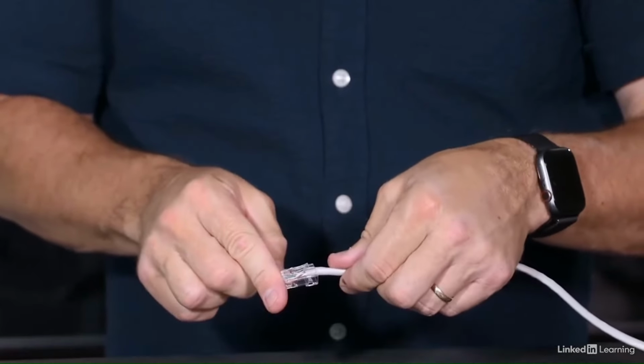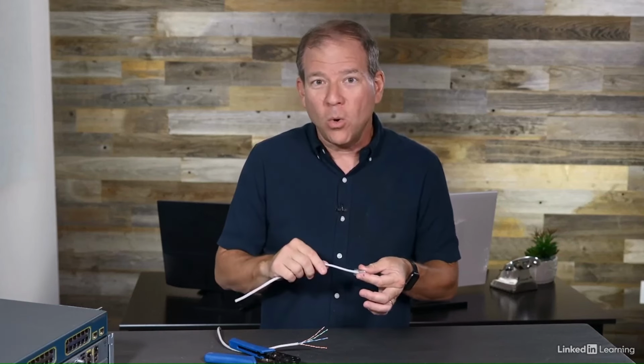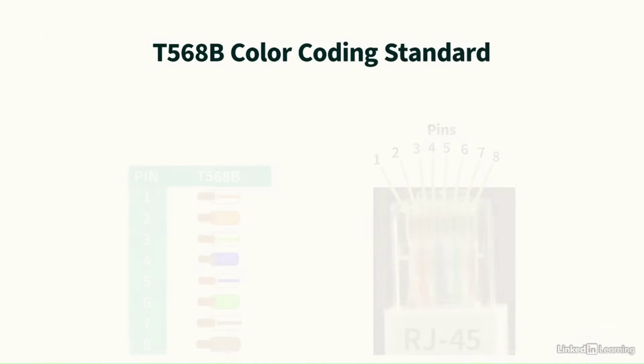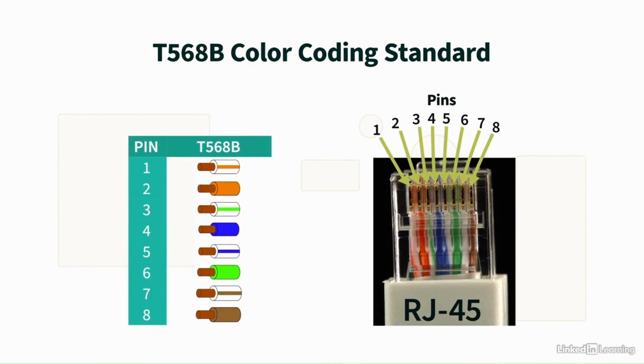And now we have an RJ45 connector that's ready to connect into a switch or a router or a wall outlet. Now, you might be wondering, which wires do we connect to which pins? We use a color code that tells us which wire goes to which pin, and that code is called the T568A or T568B standard. Here's a look at the very common